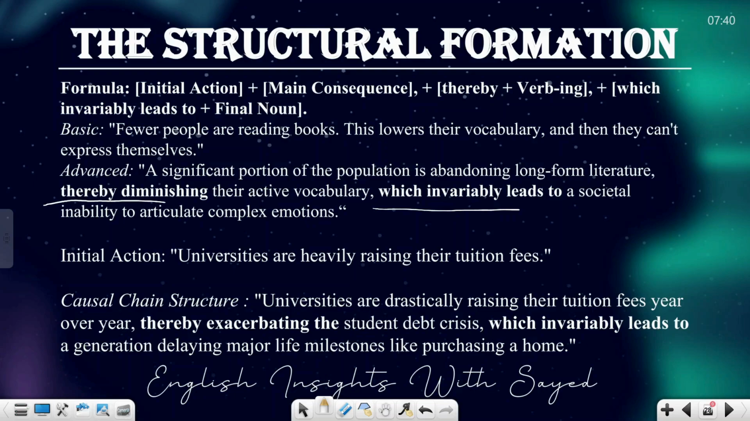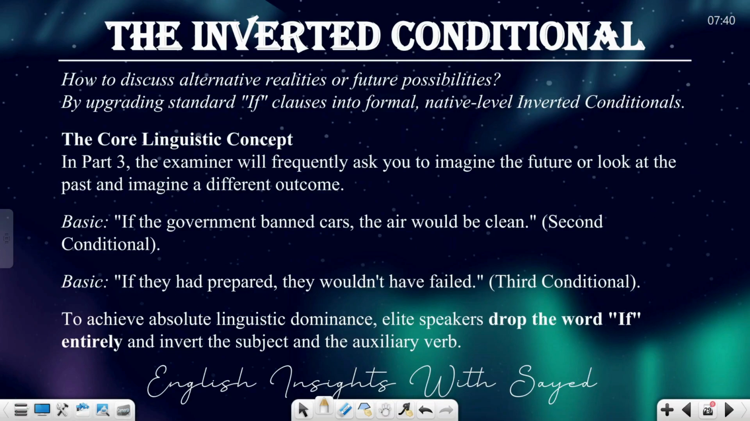পারেন, universities are drastically raising their tuition fees year over year, thereby accelerating the student debt crisis, এই যে আপনি এখানে তার impact-টা বলছেন, তাই না? আরো ত্বরান্বিত করতেছে, মানে স্টুডেন্টরা ঋণ নিয়ে পড়ালেখা করার যে প্রবণতা সেই বিষয়টা, which invariably leads to a generation delaying major life milestones like purchasing a home, তাই না, এটা হচ্ছে ইউনিভার্সিটির কারণে, এটার impact-টা বলছেন। ওকে, so এভাবে আপনার অনেক ধরনের sample আপনাকে দেওয়া আছে, যেমন third conditional ইউজ